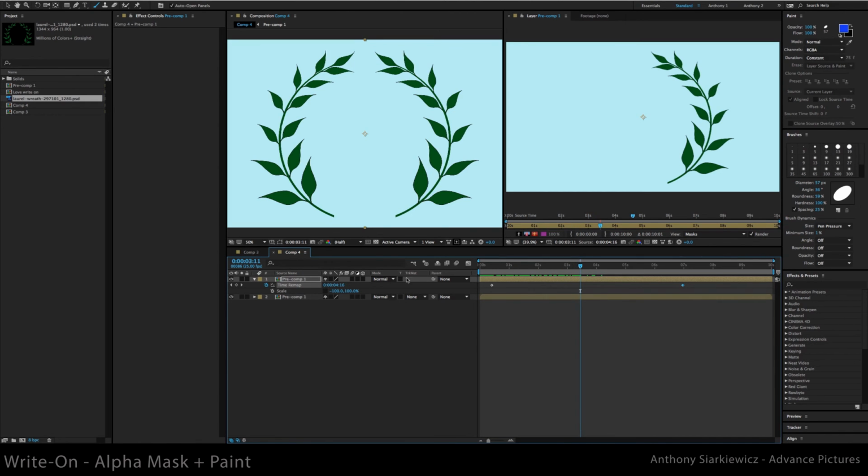Naturally, if you were going to do a super good job, you'd take each individual leaf and you'd put the anchor point here and you'd make it maybe wiggle and grow, scale it up as it grew, as it got drawn on. But,